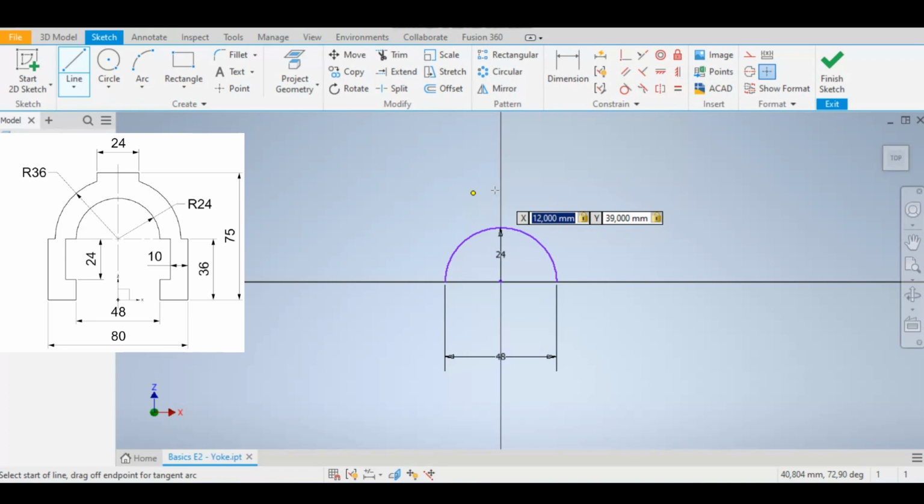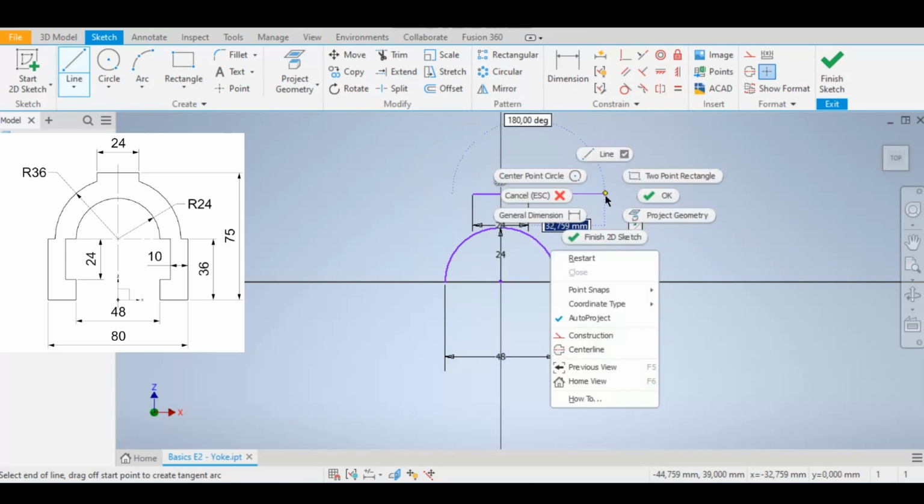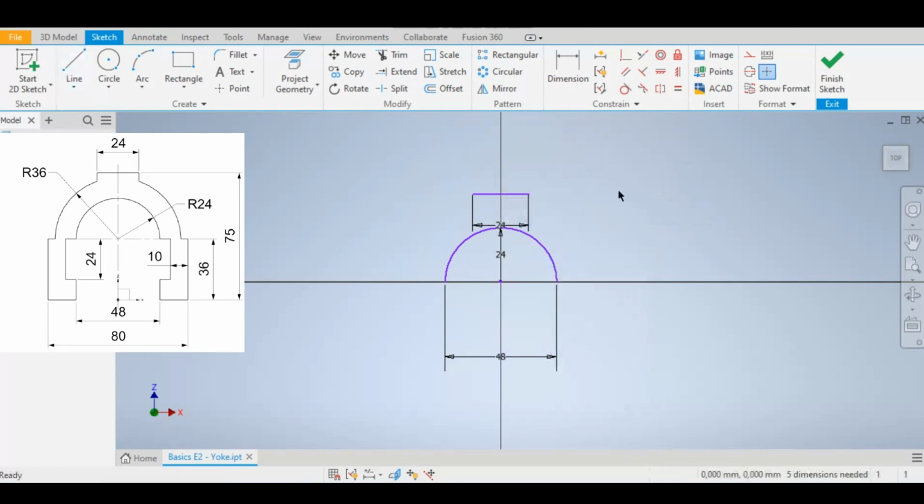You can calculate this manually. You don't need to calculate it in Inventor, but it is an easy way to do this. When you are putting in your coordinates, Autodesk can use simple math to solve that for you. So once you've got that, you know that this is our coordinates. We're going to press enter and we can start to draw our line. So my line length is 24 millimeters in that direction, and you can see we've drawn our line. So I'm going to right click and select OK once again,